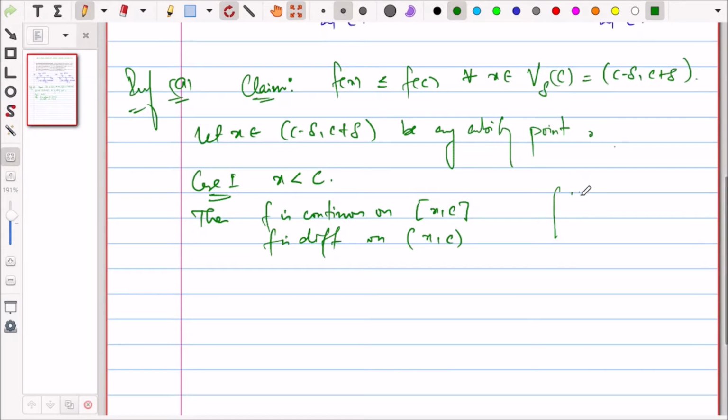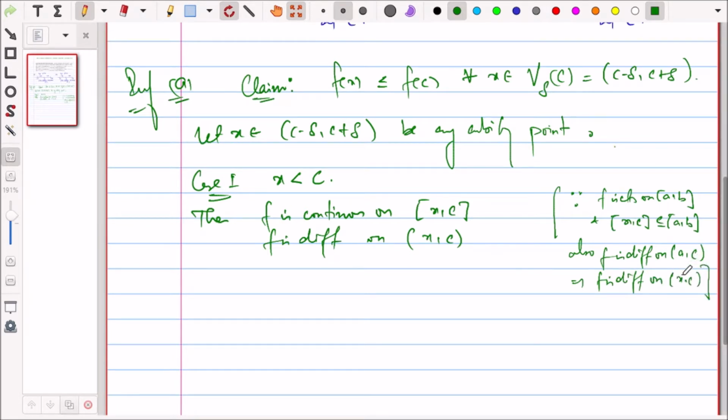Since f is continuous on AB and xc is a subinterval of AB, also f is differentiable on AC. ठीक है, c पे differentiable नहीं, so this implies f is differentiable on xc. ठीक है, क्योंकि xc is a subinterval of AC, so this is why. So by mean value theorem